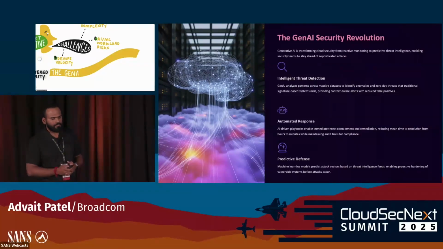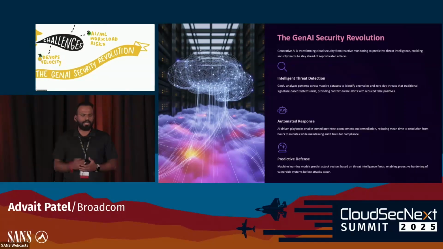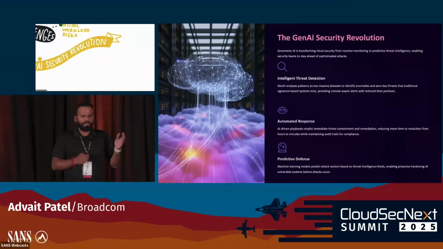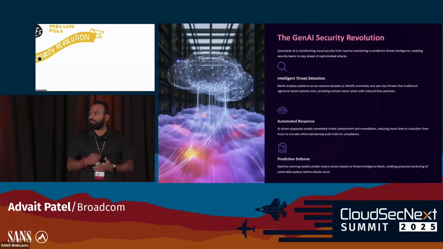positives, so that they can only focus on what actually matters rather than solving every single thing that is generated by these tools. The second thing that AI can help us with is automated response. Now, no one has to spend hours and their efforts manually reviewing workflows, manually approving the workflow, and reviewing the code, etc. Right? Gen AI can make that entire process automated, and people now can actually spend their time on development and improving the product rather than those mundane tasks.